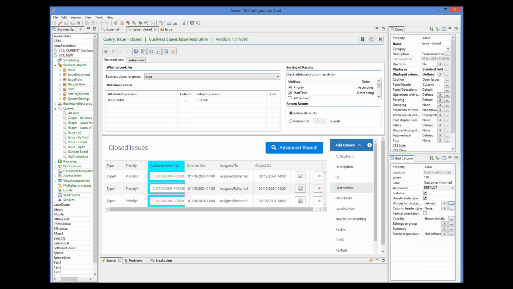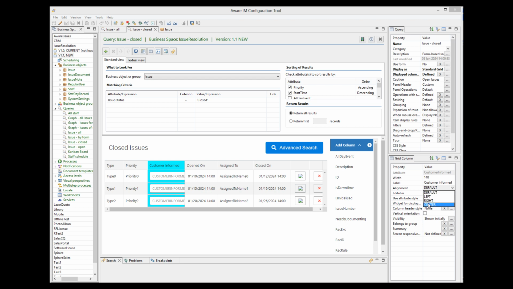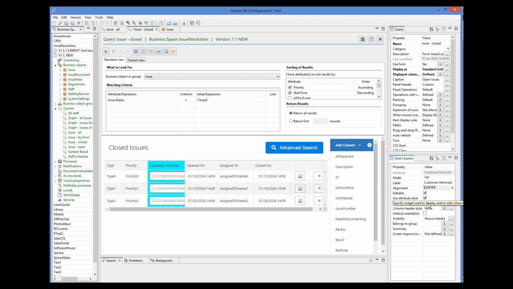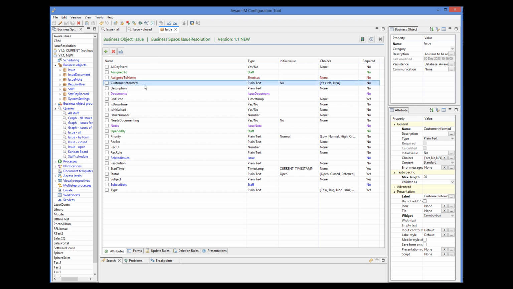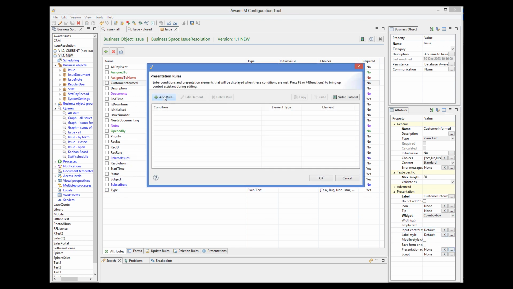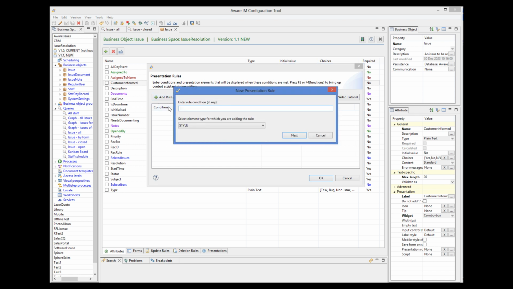The color of the button is taken from the presentation rules of the corresponding attributes, if those are defined. Let's define a couple of rules to show yes and no in green or red. While I'm here, I will also change the alignment of the buttons so that they look nicer. So now we go to the presentation rules of the attribute shown by this column. We go to the presentation rules, add a rule,